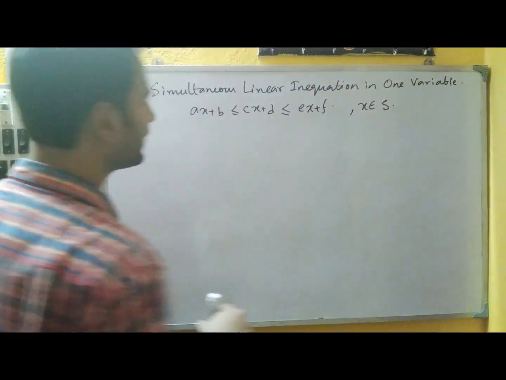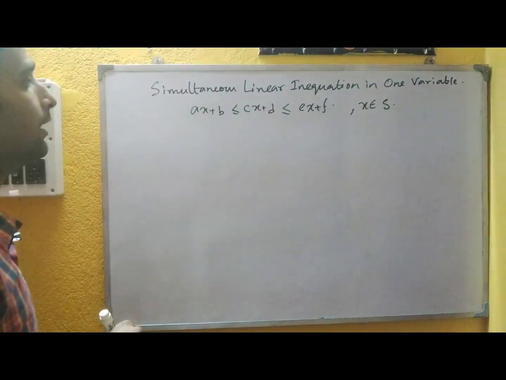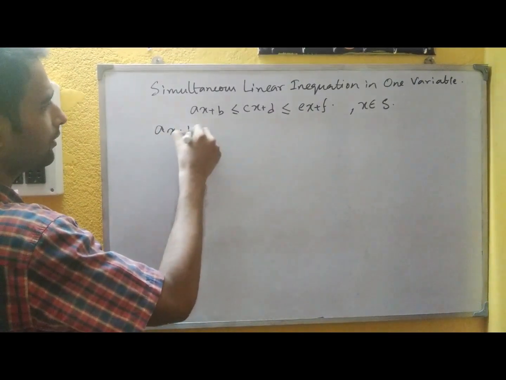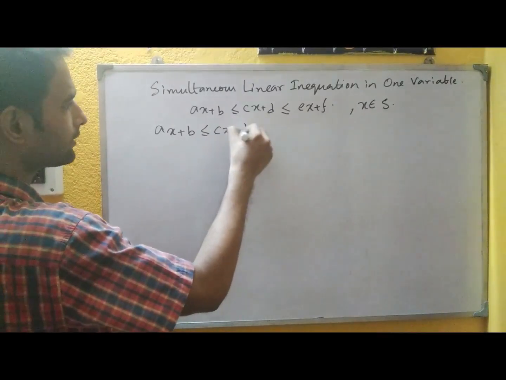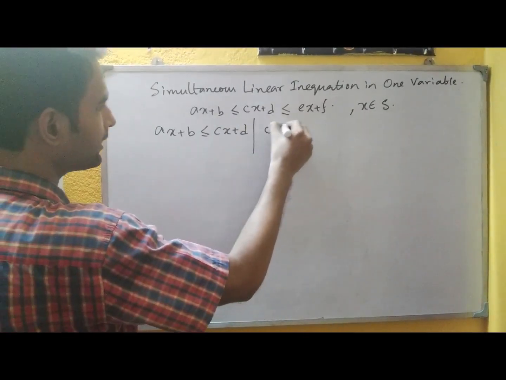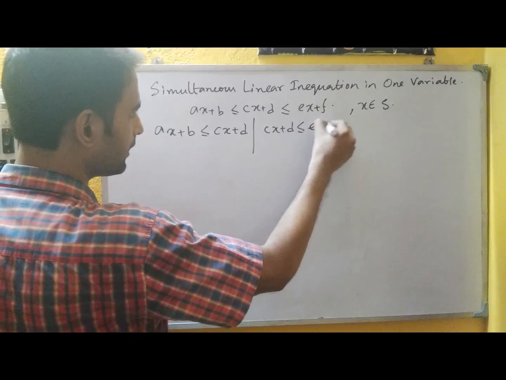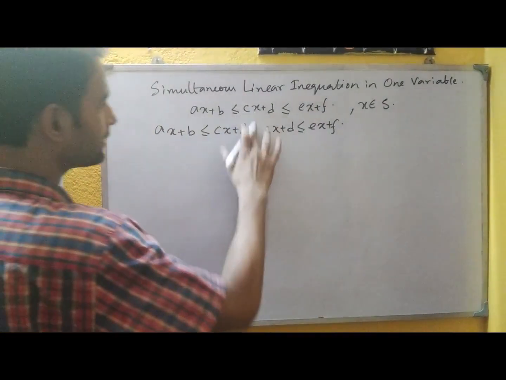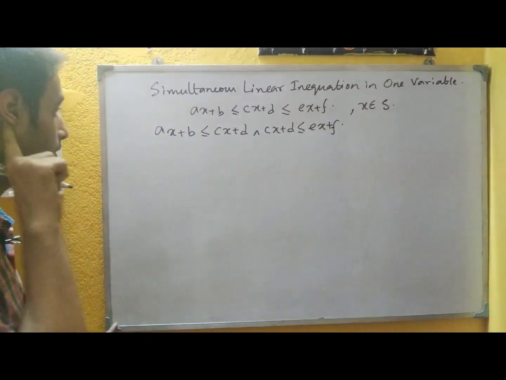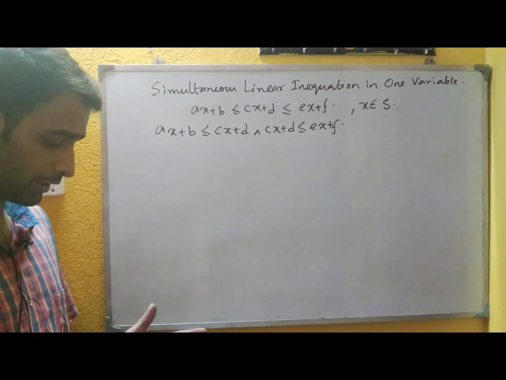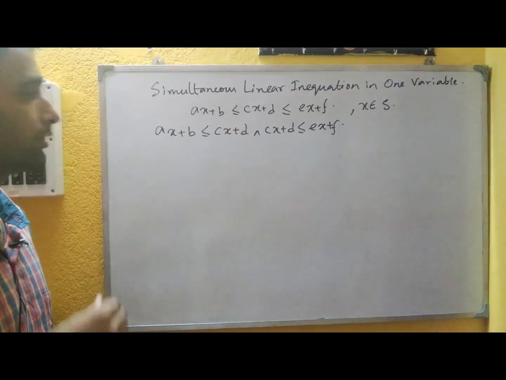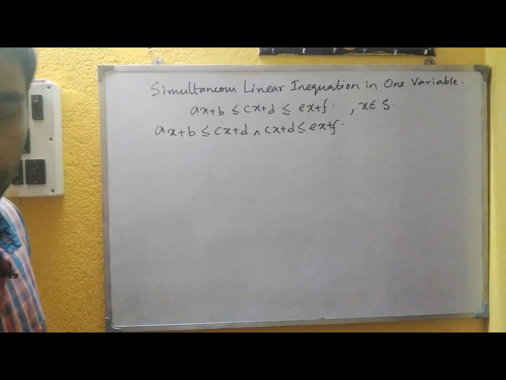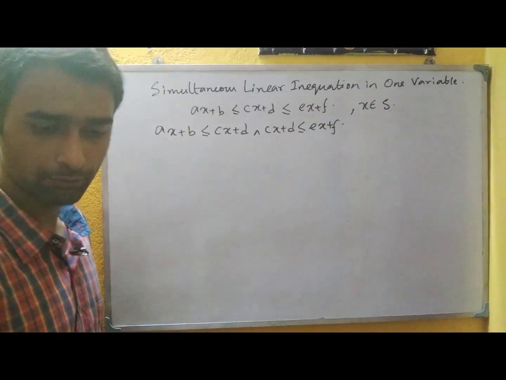There will be some replacement set here. Say the set is S. So in this case, we have to consider the first inequation like this and the second inequation like this. Then solve them separately. Since these two conditions are happening together, whatever we will get, depending on the situation, we will find the solution set using appropriate intervals. So let us see an example.